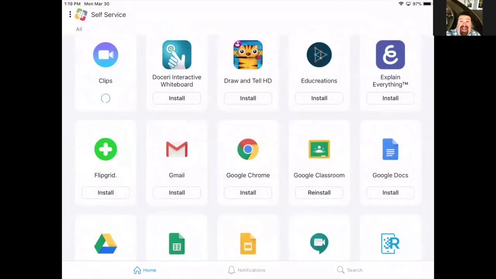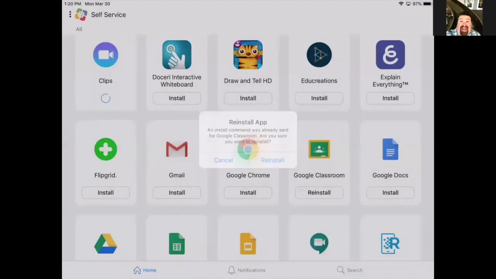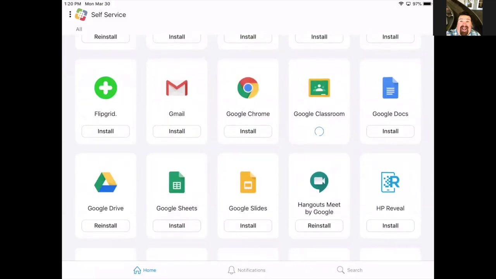And then we need to reinstall Classroom and Drive. The reason for me it says reinstall on this iPad is that I've already used it this morning, so it's already recognized that I've downloaded it. Let's see here. How does your iPad get disabled? It gets disabled when the district deems it out of its district. So it lost. That's usually how it gets disabled, or you've put in a password too many times and the